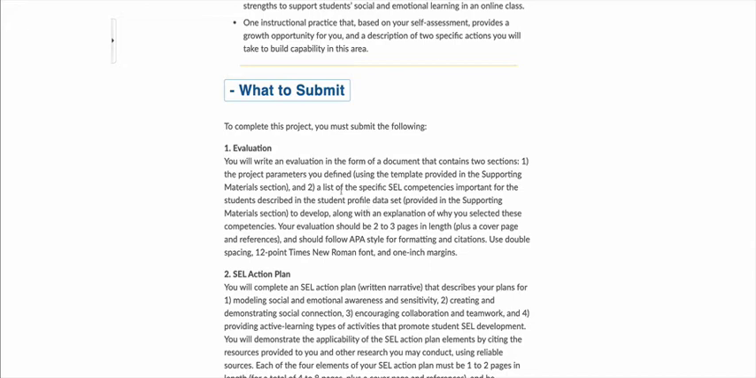Again, do not forget to explain. Basically, you're not just defining the SEL competency, you're explaining what it means and everything like that. And then in a separate item, you're actually talking about why you chose that item. So define it, explain it, and then from there, explain why you chose it. That's a separate explanation. And it does say that all that has to have